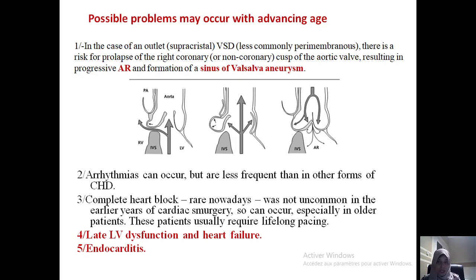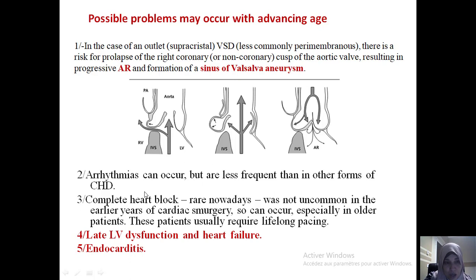The most frequent one is progressive aortic regurgitation and formation of a sinus of Valsalva aneurysm in relation to an outlet VSD, less commonly perimembranous, with a Venturi effect that causes a prolapse of the right coronary or non-coronary cusp of the aortic valve. The second problem may be arrhythmias, but this is less frequent than in other forms of congenital